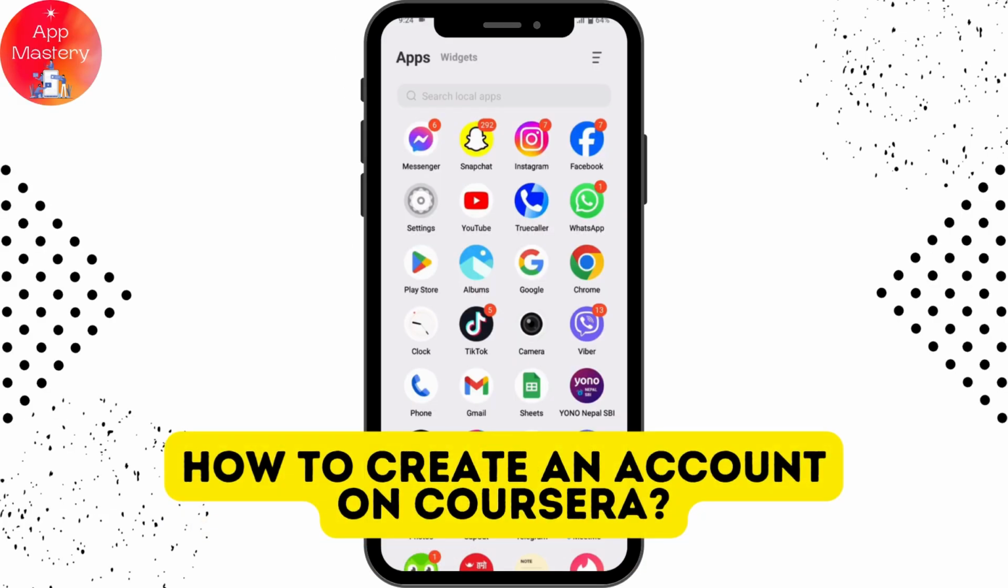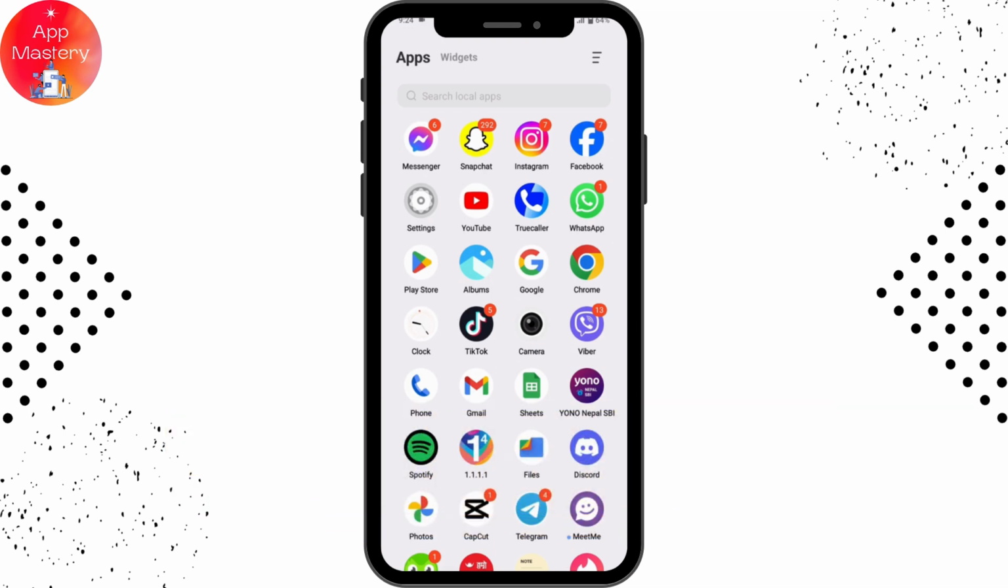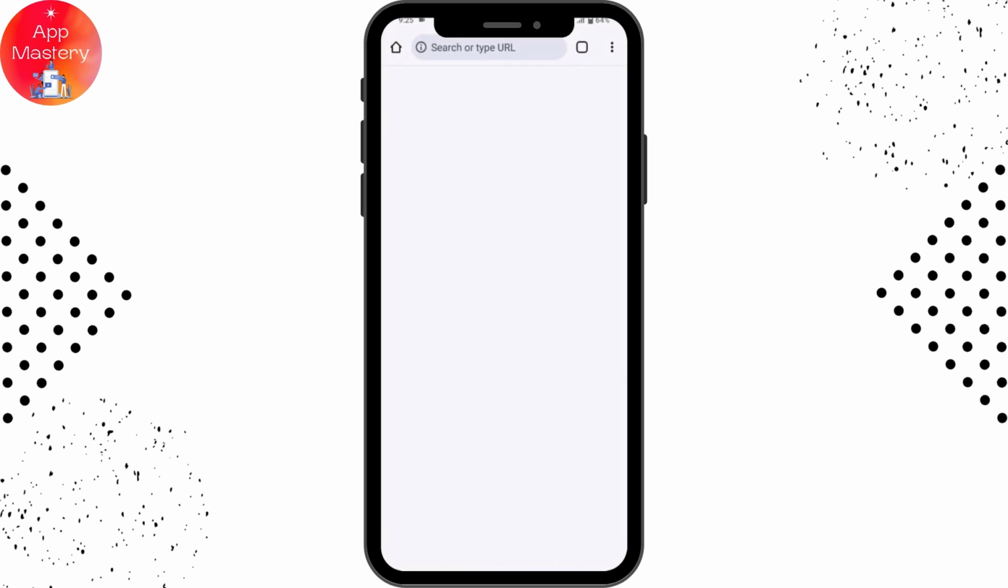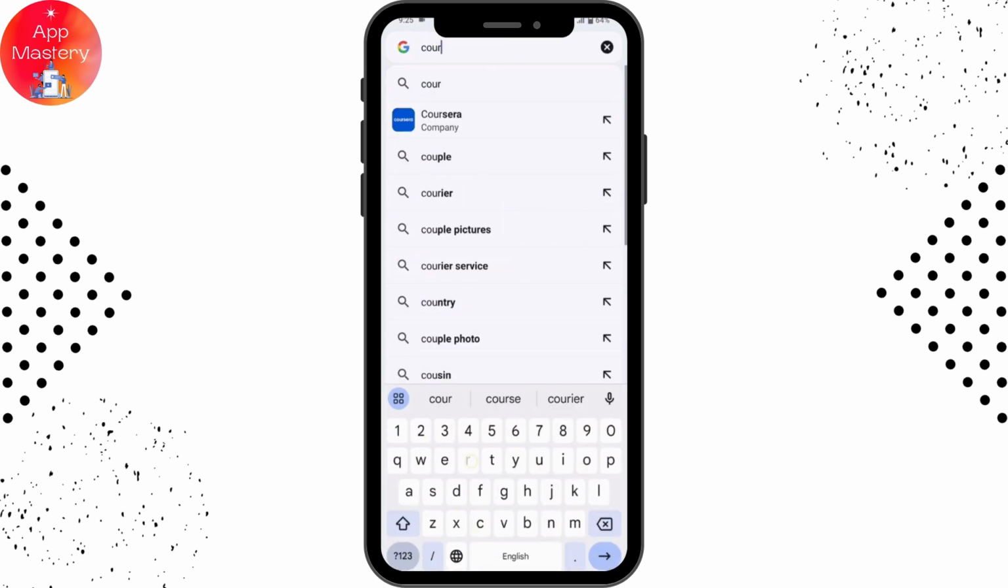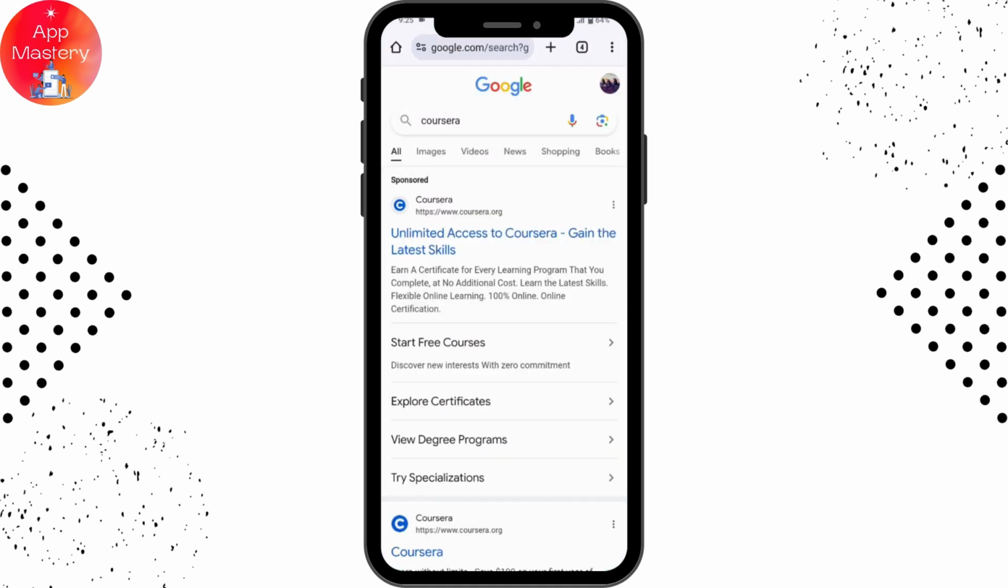How to create an account on Coursera. So if you want to create an account on Coursera, then first you need to open up a browser. For example, I'll be choosing a Chrome browser, and then go to the search bar and search for Coursera. Once you've searched, you can go for the first search result, which is